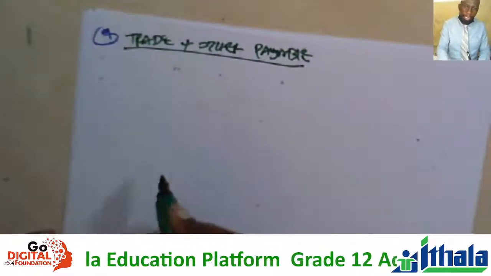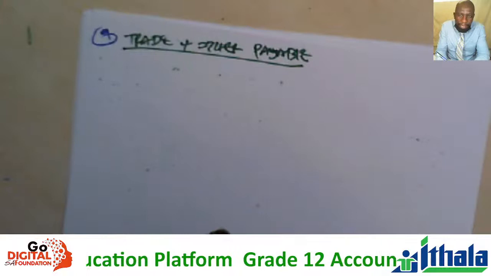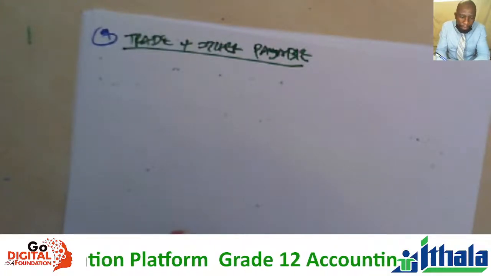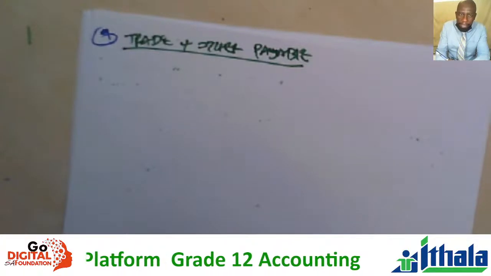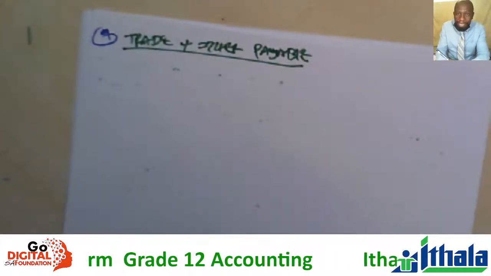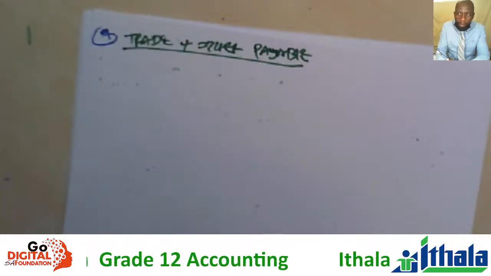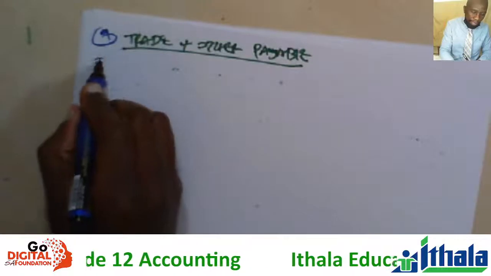Why is it trade and other payables? Remember, here we bought on credit. We bought on credit from suppliers, from our suppliers. So we must pay them, that is why it is trade and other payables. Here in note number 5 is trade and other receivables. These debtors we sold to on credit, so we have to receive from them. So that is the difference. So we have trade